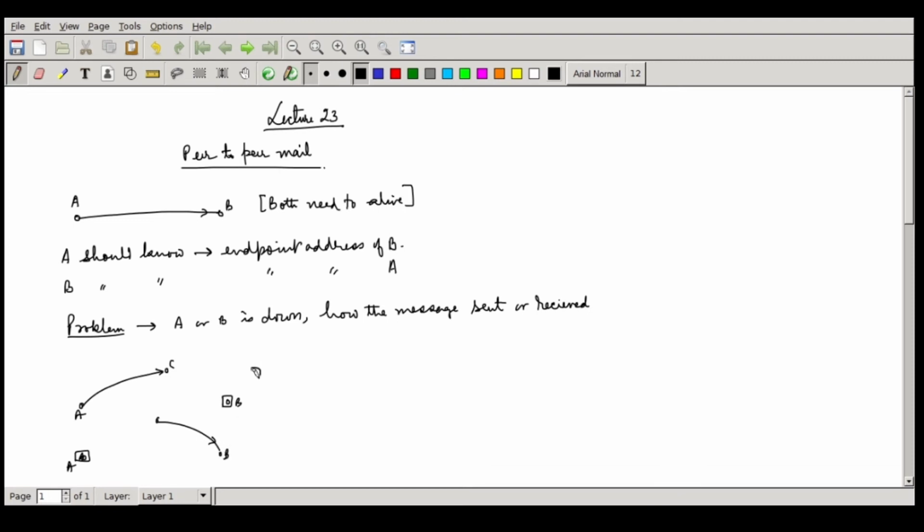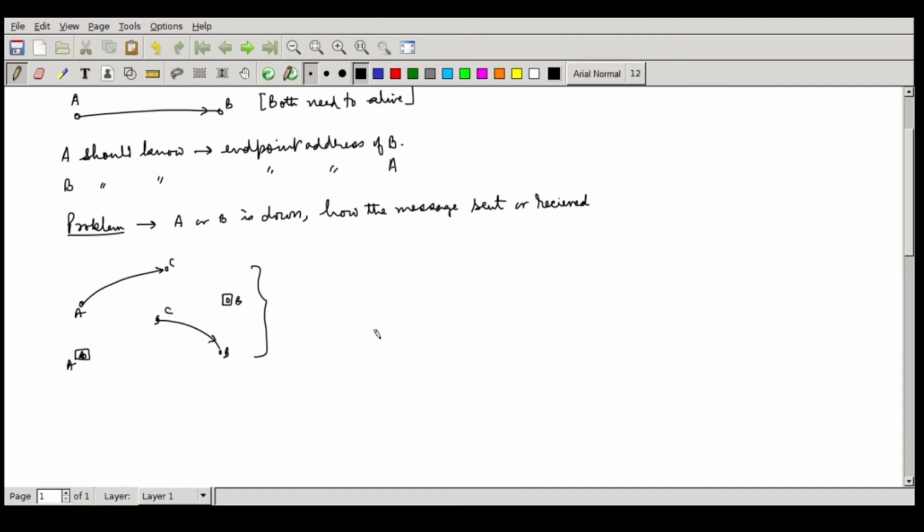This could be a potential way of solving the problem. We can use some intermediary which acts as a message storage, so even when A and B are off, we should be able to send. That's a desirable property whenever a mail system needs to be implemented.